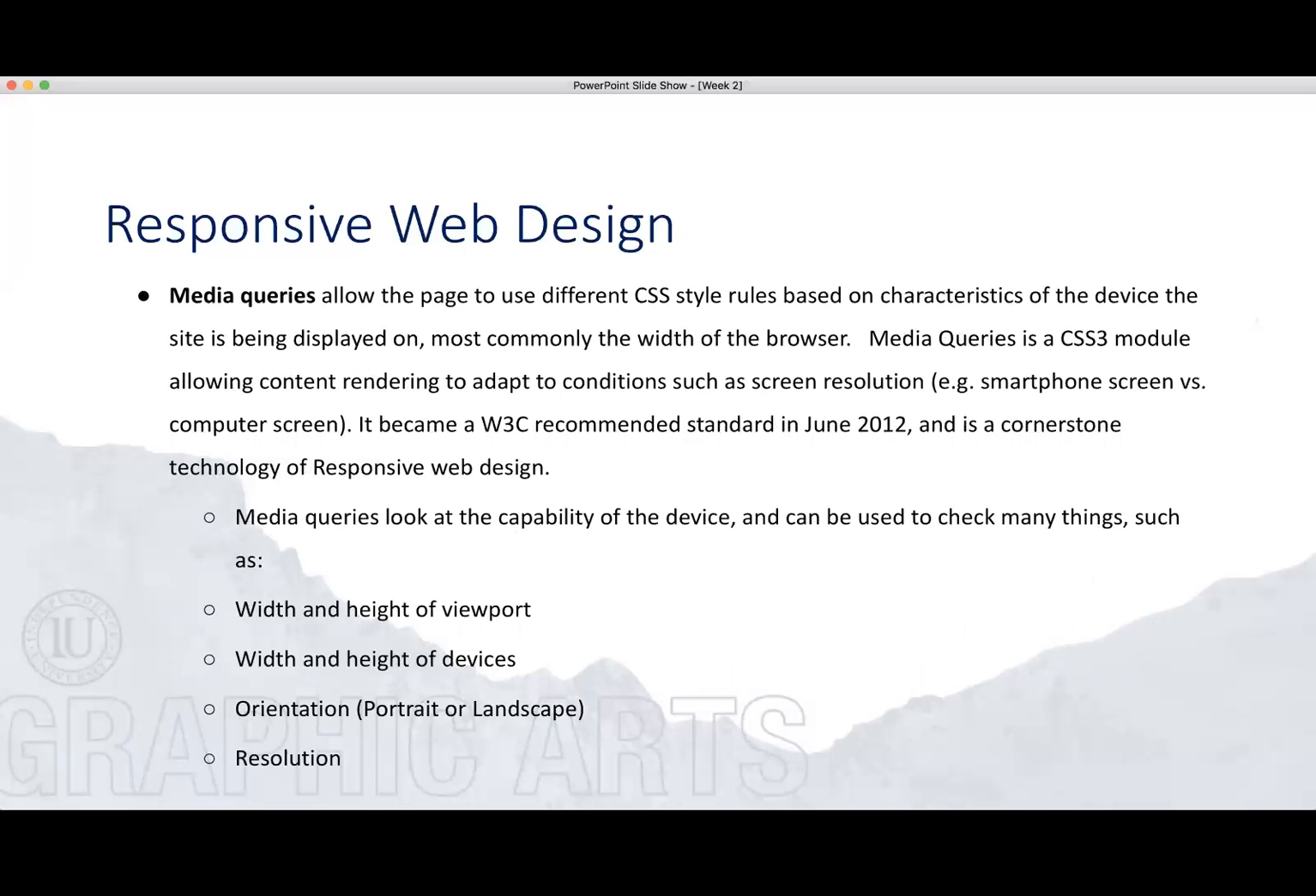Media queries allow the page to use different CSS styling rules based on characteristics of the device the site is being displayed on, most commonly the width of the browser. Media queries is a CSS3 module allowing content rendering to adapt to conditions such as screen resolution, like smartphone screens versus computer screens. It became a W3 recommended standard in June 2012 and is a cornerstone technology of responsive web